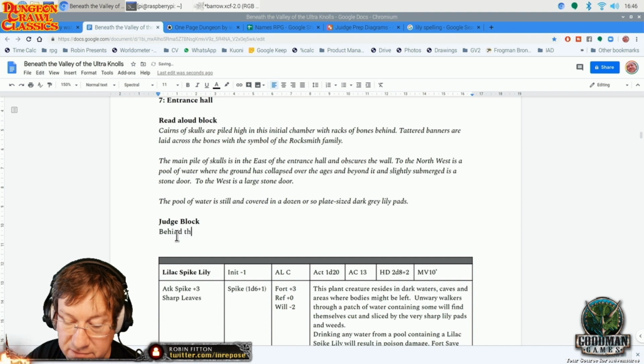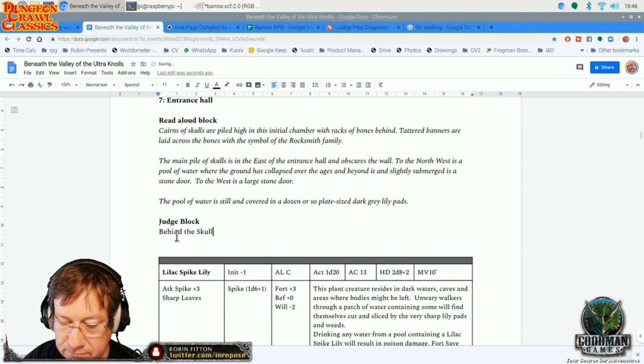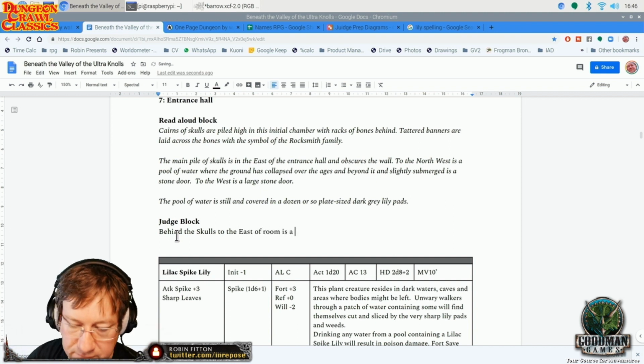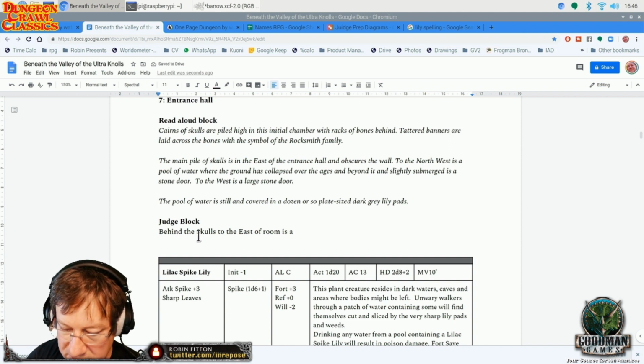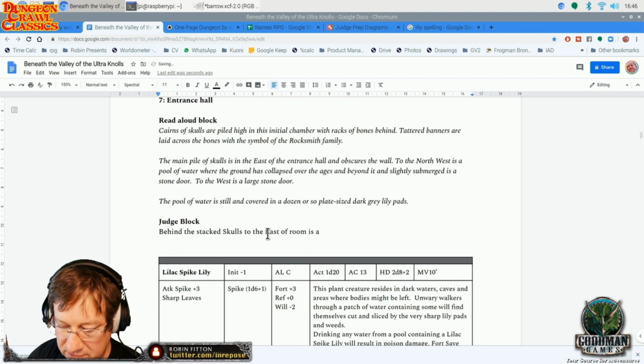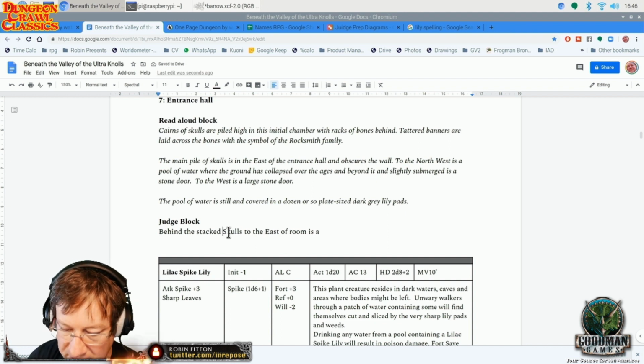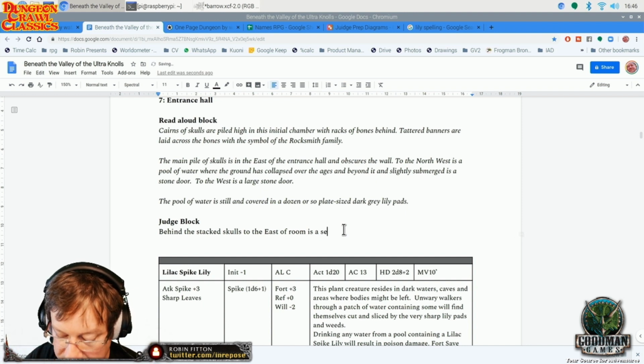First of all, behind the skulls to the east of the room, let's make that obvious so that a judge reading that knows what they're doing. Behind the stacked skulls to the east of the room, is a door, is a secret stone door. This door